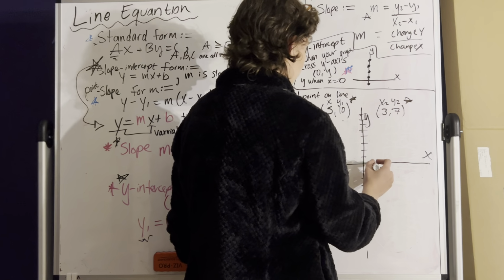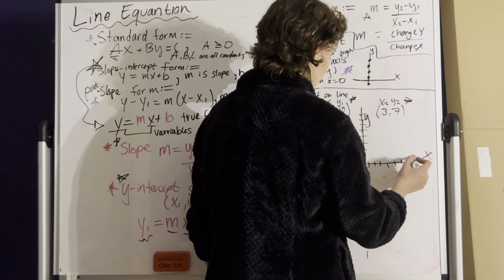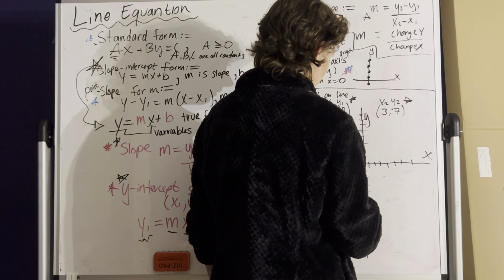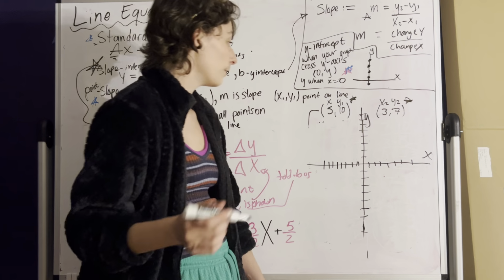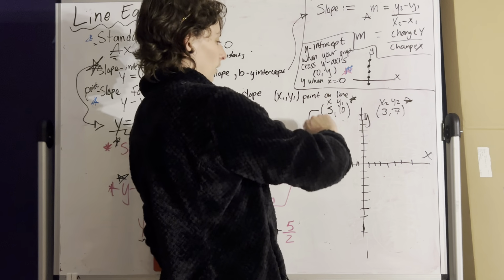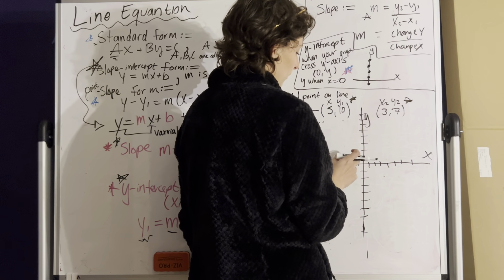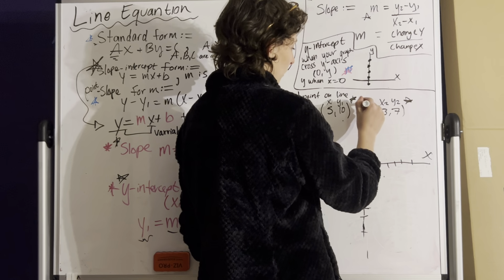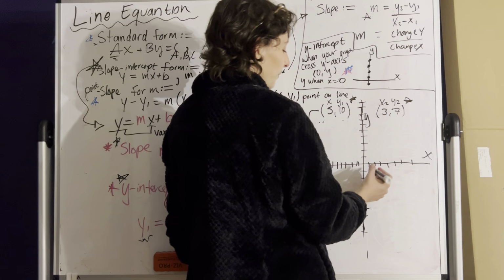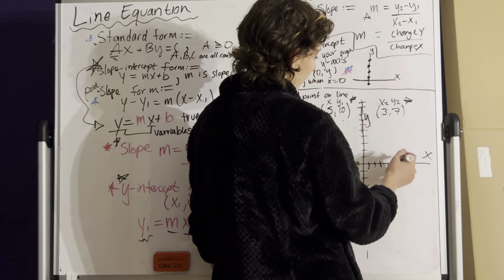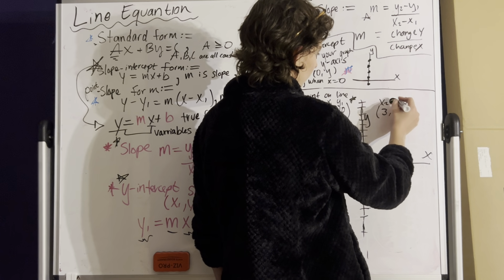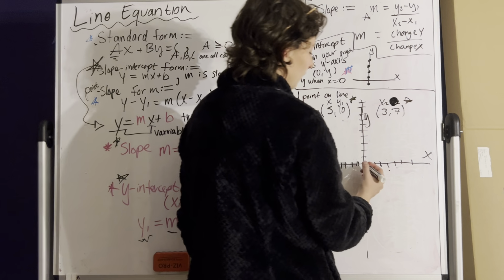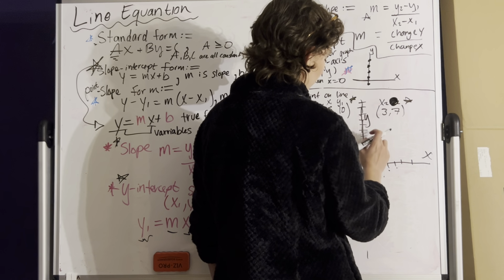Okay, let's do a few more tick marks. Okay, and so now we'll plot our points. So our first one is going to be 5, 10. Let me see if I got 1, 2, 3, 4, 5, 6, 7, 8, 9, 10. So 1, 2, 3, 4, 5, and we'll go up to 10. And then our second point is going to be 3, 7. So 3, and then